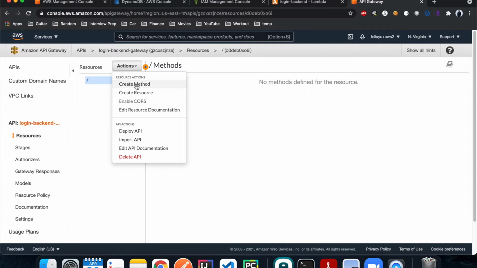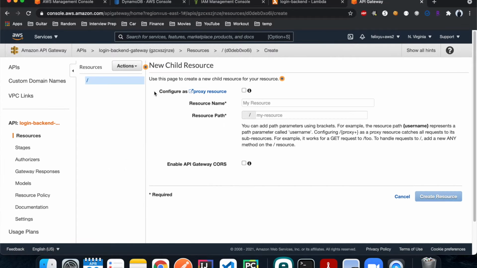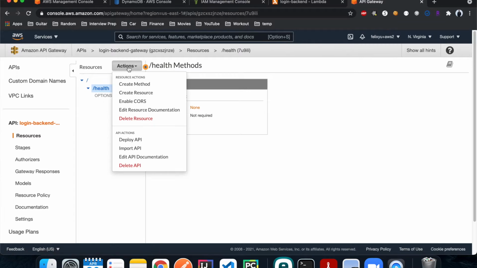So the first one we're going to do is the health. So create resources. This is for the health check. Alright, so this is very important. Make sure you check this, because if you don't, when the front end client calls it, it's going to error. So create resources. And then create a method,